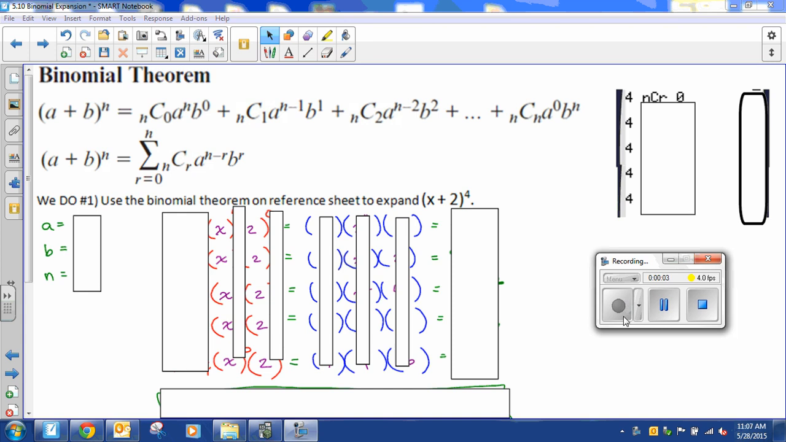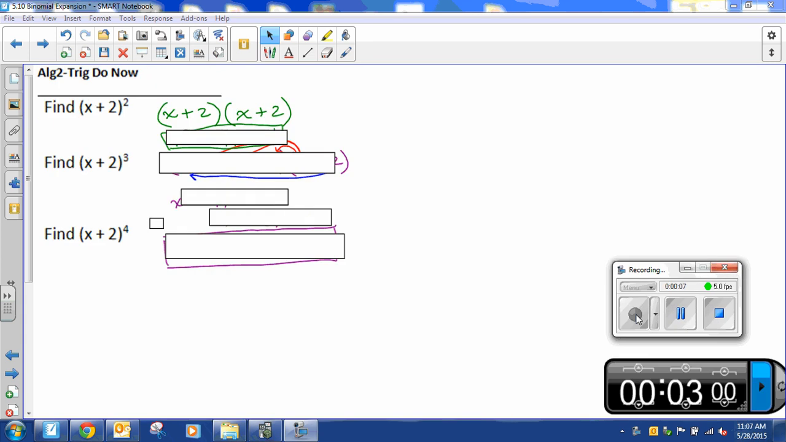Today's lesson is called the Binomial Theorem, or the Binomial Expansion. For our warm-up, I would like to take a look at multiplying a binomial times itself, (x + 2) squared. And if you remember, we want to FOIL, first, outer, inner, last, whenever you multiply a binomial times a